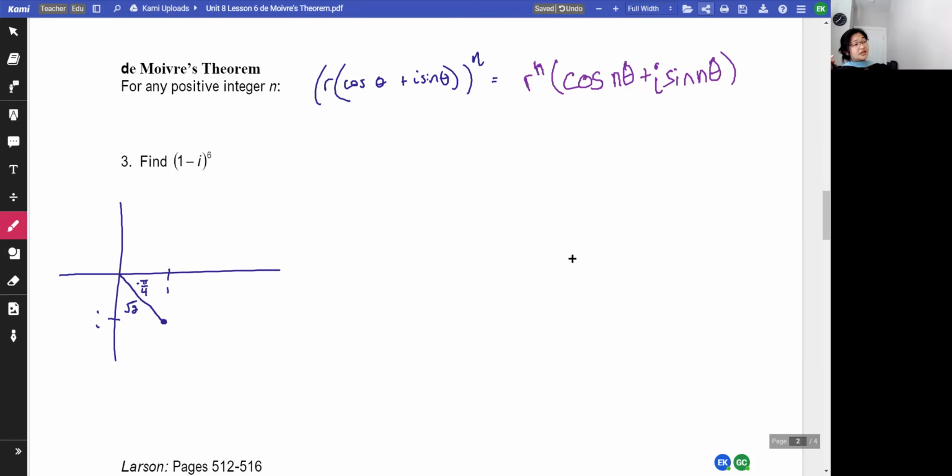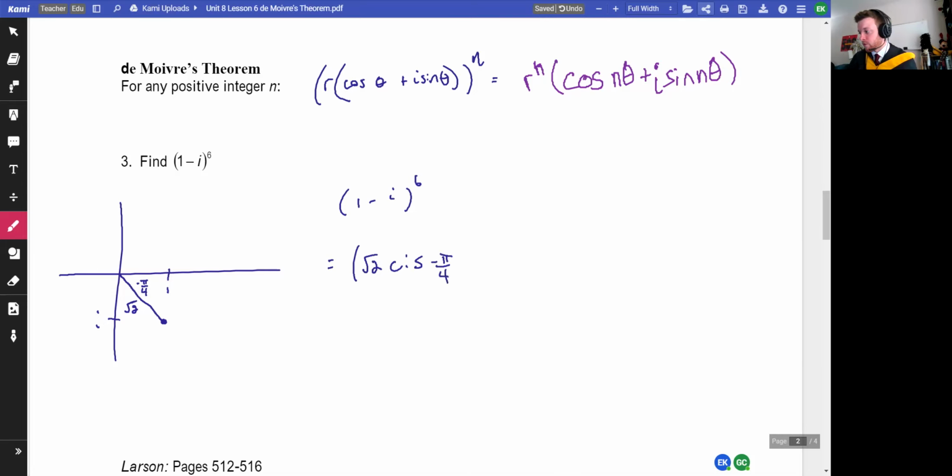So in a nutshell, what did you just do? I converted rectangular to polar, effectively. 1 minus i is equal to root 2 times cosine plus i sine of negative pi over 4, to the 6th. If we evaluate cosine and sine of pi over 4, it's going to be root 2 over 2. That root 2 is going to combine with the root 2, become a 2 over 2. It's back to 1. So these are literally the same thing. One is just in its polar form.